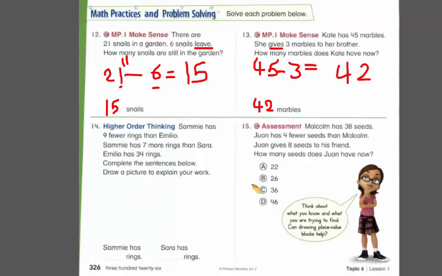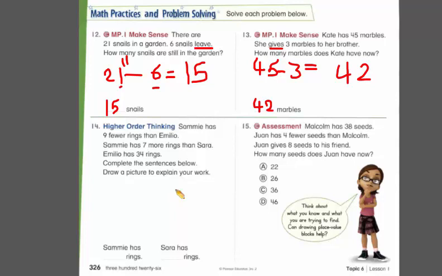Okay, so what do you know about Sarah's rings? She has 7 fewer than Sammy. About Sarah, yes, she has 7 fewer than Sammy. So Sammy has how many? Sammy has 7 fewer, so it will be,